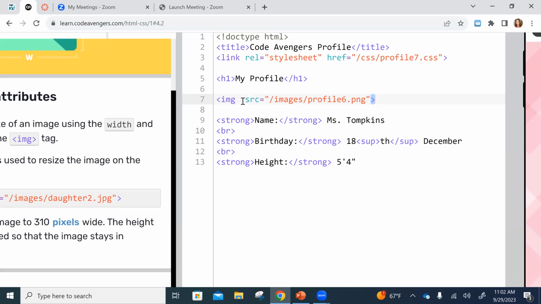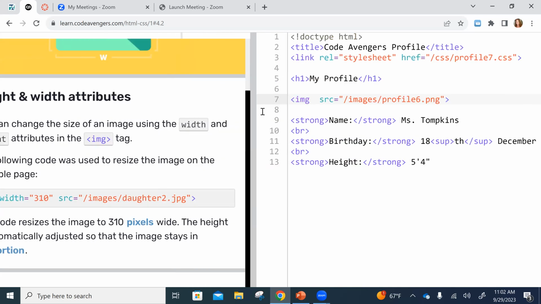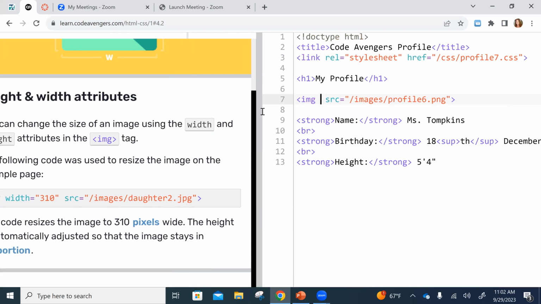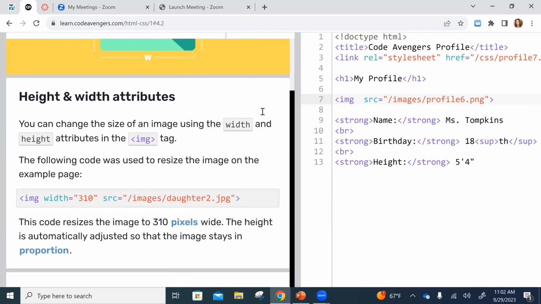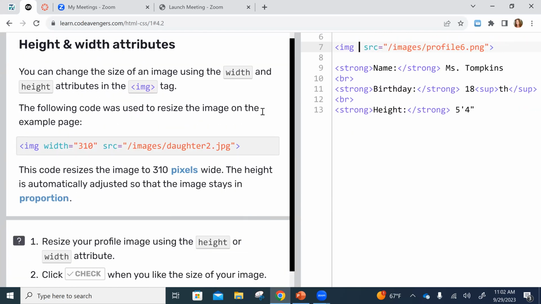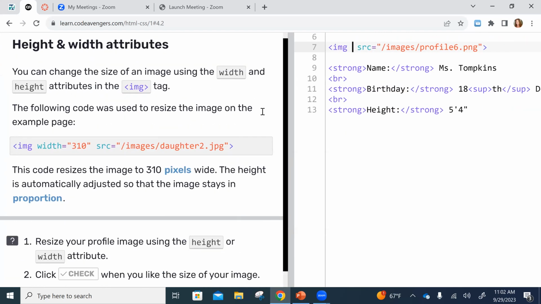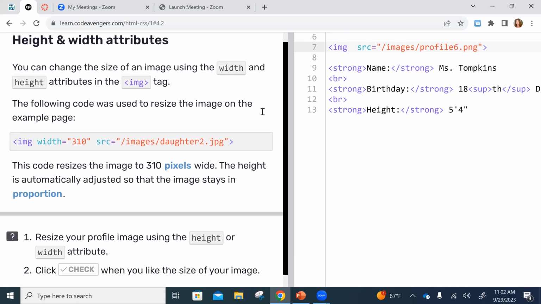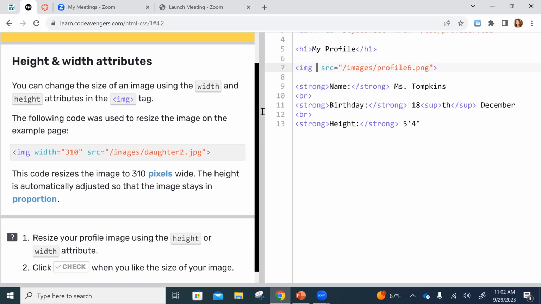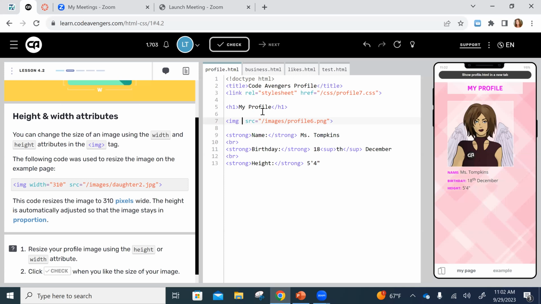I tend to kind of stack mine in front. So if I add a new attribute, I usually do it right after the tag, okay? All right, so it says the following code was used to resize the image on the example page. So we could take their 310. It says this code resizes the image to 310 pixels wide. The height is automatically adjusted so that the image stays in proportion. You have this thing called aspect ratio, and that's the ratio of the width to the height. And Code Avengers does that for us if we set the width. So I'm going to set the width